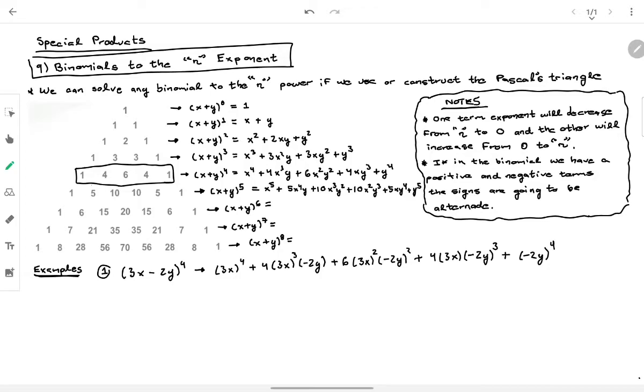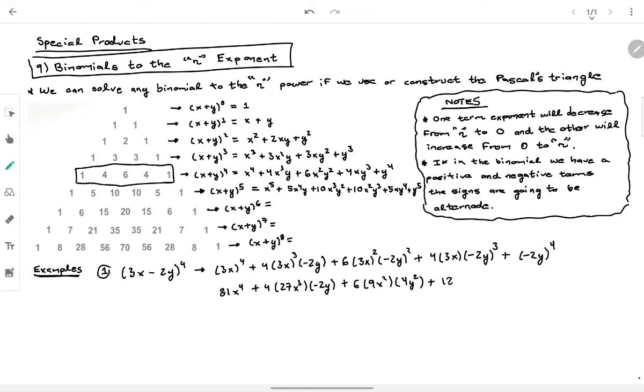So in this case, we are going to obtain something like this. 3 to the fourth: 3 times 3 is 9, times 3 is 27, times 3 is 81. So it's going to be 81x to the fourth. Maybe you can do it mentally, but I will do it in 2 steps. It's going to be 27x to the third multiplied by minus 2y. Then plus 6 times 9x squared multiplied by minus times minus, which is plus 4y squared, plus